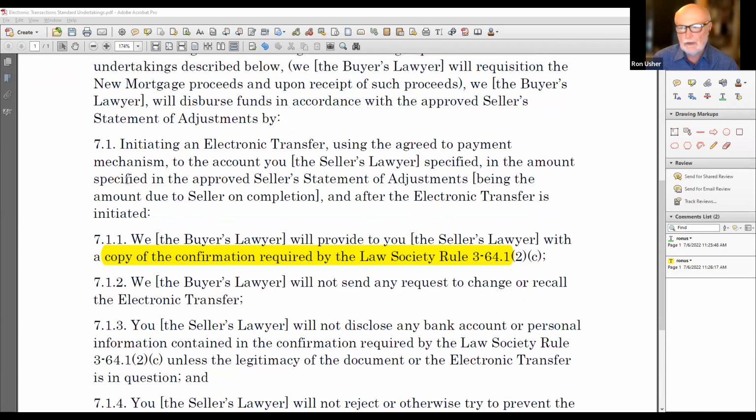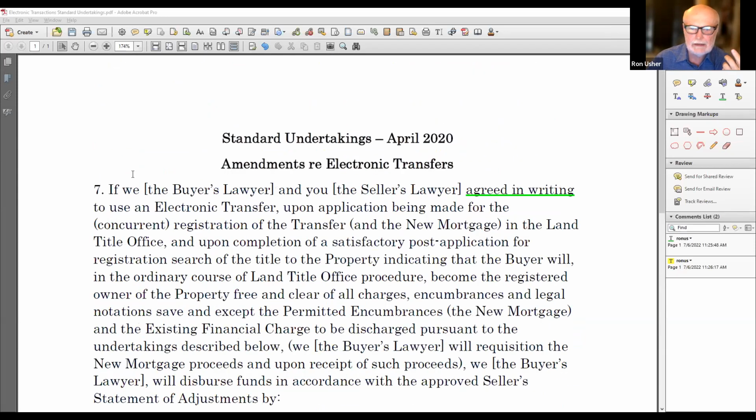If you're going to make sense of this, you've got to understand our rule. You've got to understand the revised standard undertakings for electronic transactions. And the third thing, which I won't show you, but your lawyer should do, is the Law Society rules that govern lawyers' use of this, because the undertakings refer to the Law Society rules. To really make this work, particularly if you're dealing with a lawyer on the other side, you need to know our rule, the special wording of the undertakings, and what it really is, the agreement agreed to by your parties. And lastly, it's always useful to understand the rules that apply to the lawyer side. So if anybody wants these, I can provide all 3 of these documents.